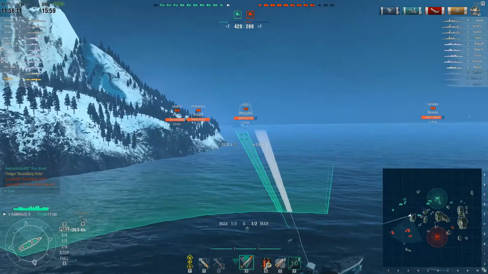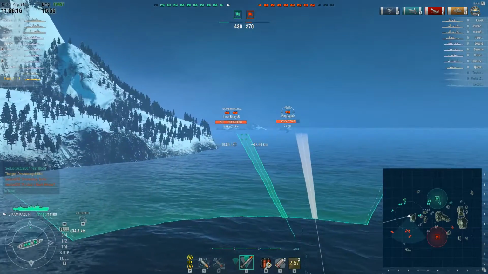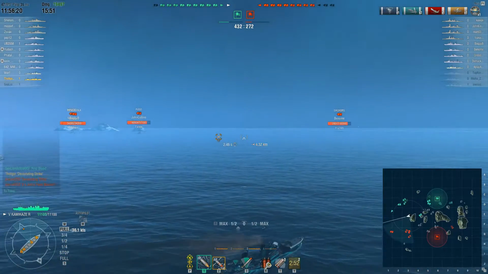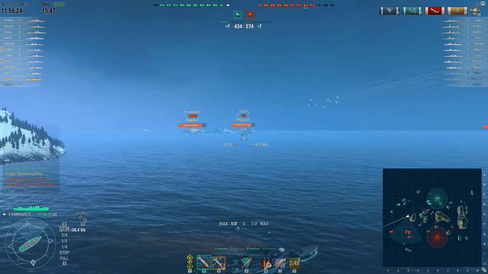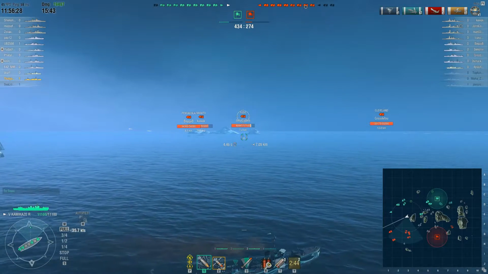So we're just lining up some torpedoes and taking a look here at what I've got in front of me. Now the Pensacola does look like a good target, but the Pensacola is sailing away from me. I'm going to have to get a whole lot closer if I want my torpedoes to hit that player. So I'm just going to maneuver myself to get into a better position to potentially fire torpedoes at any one